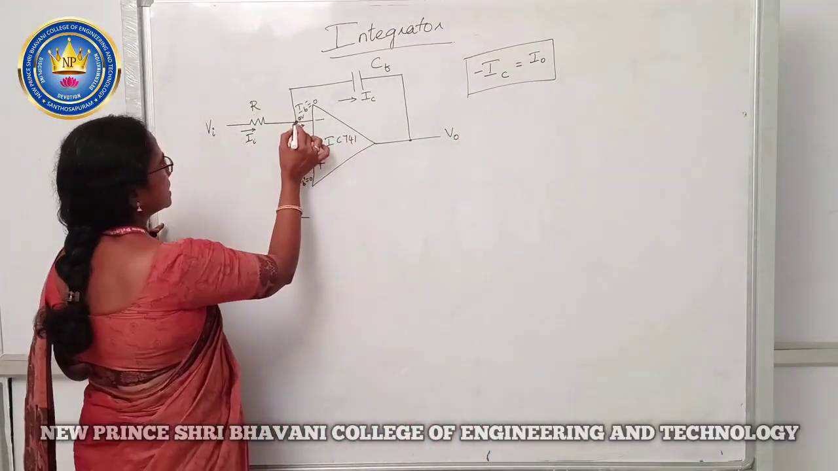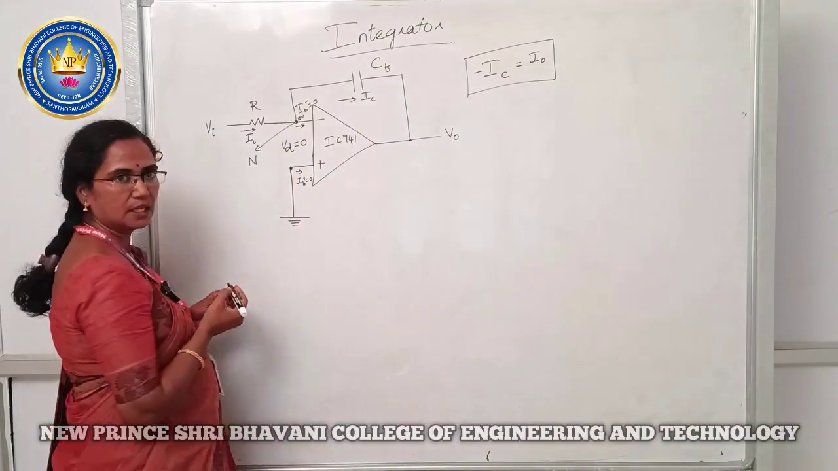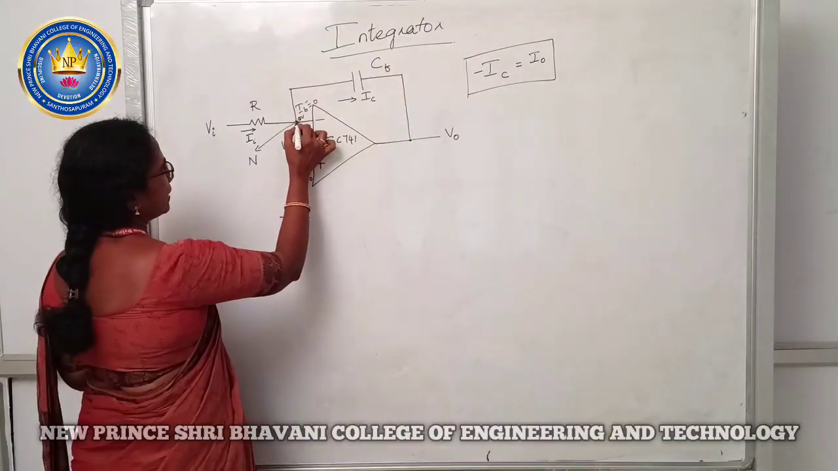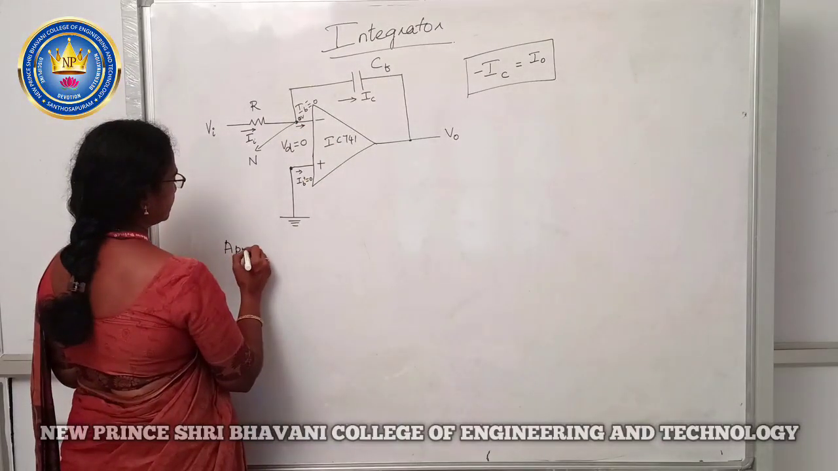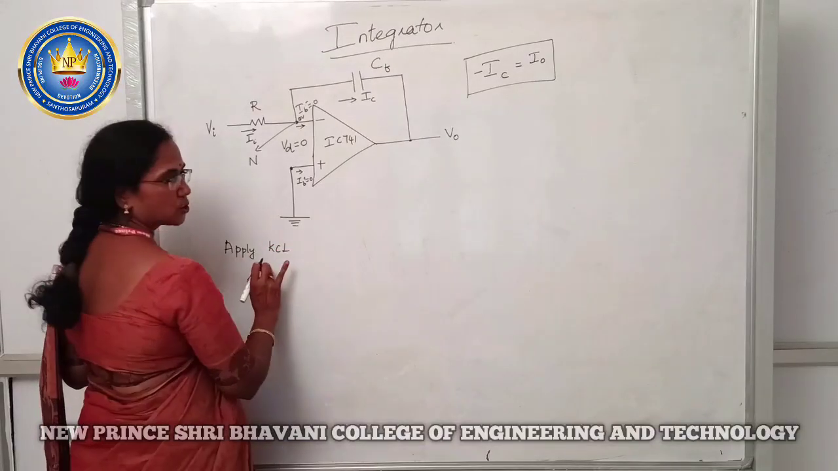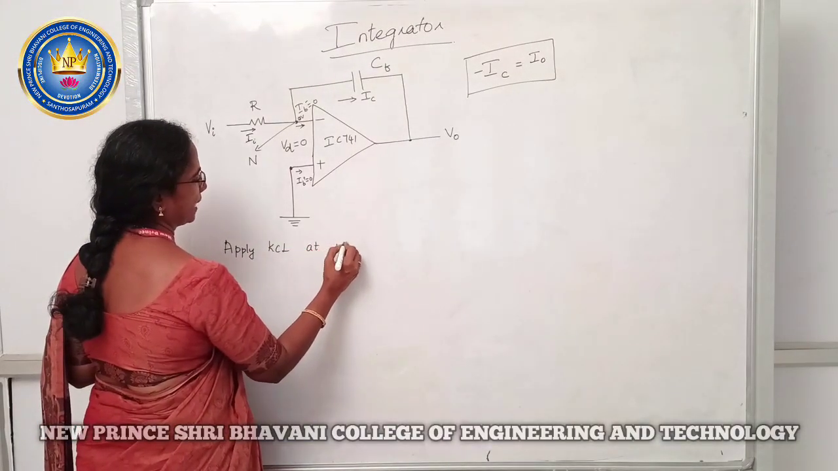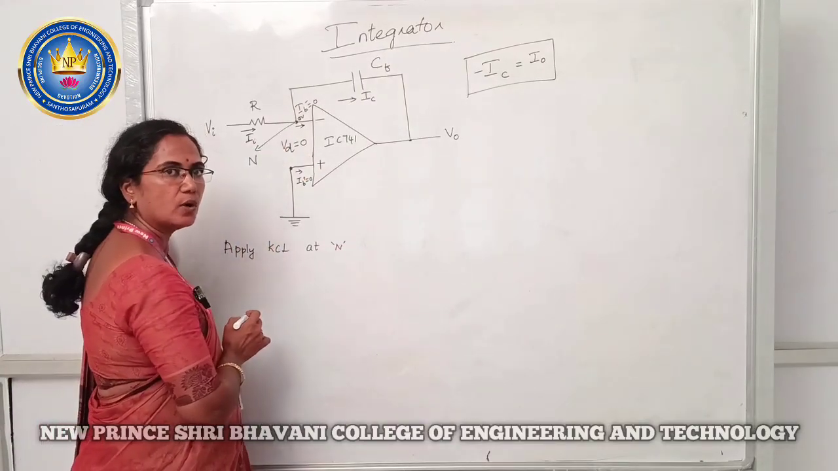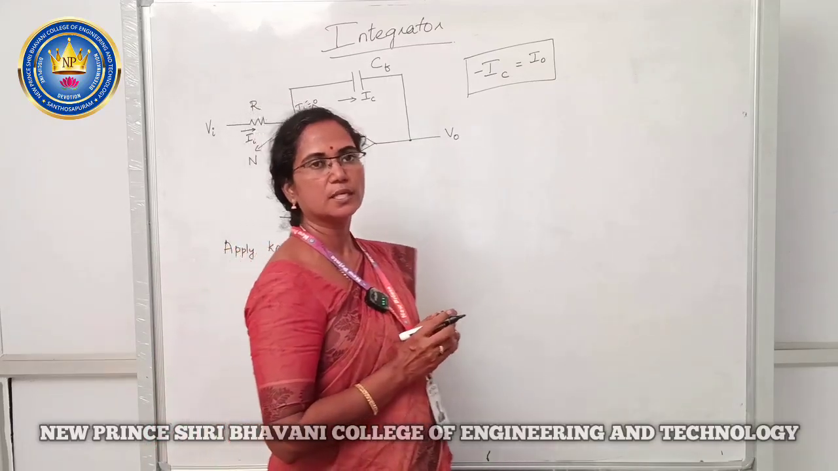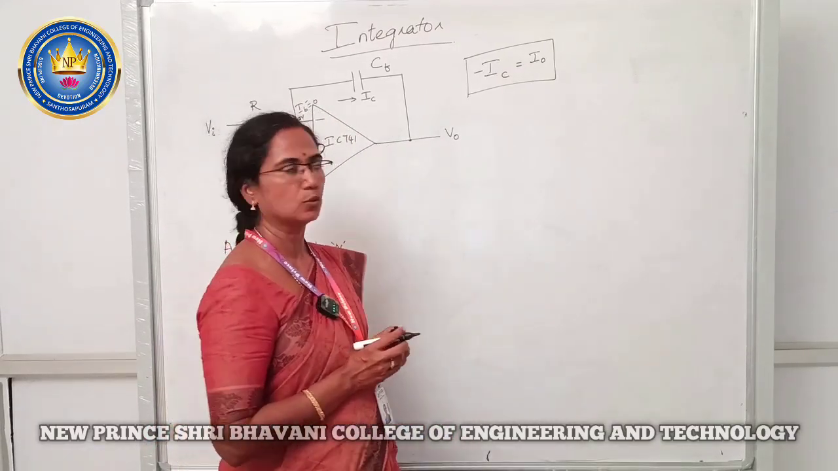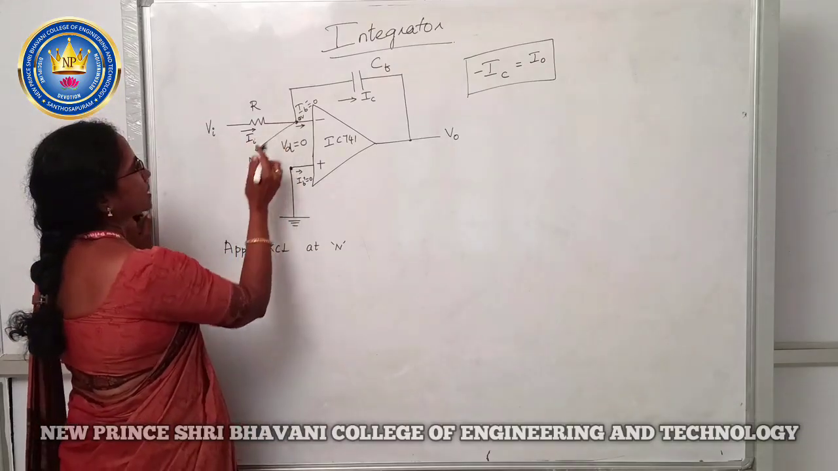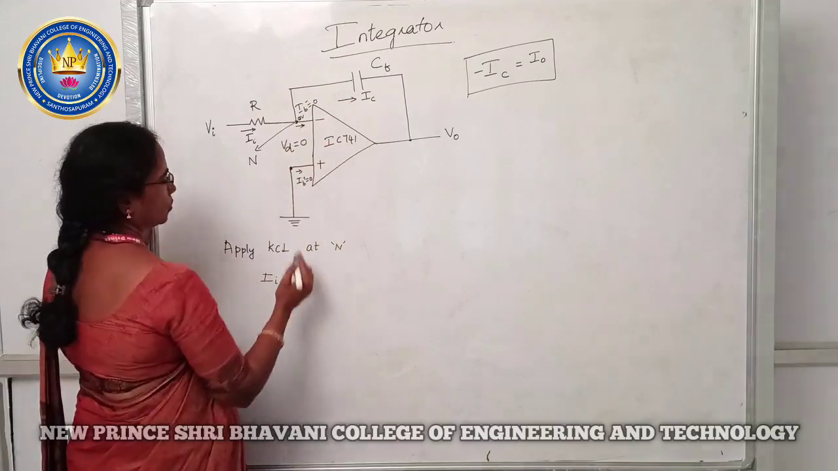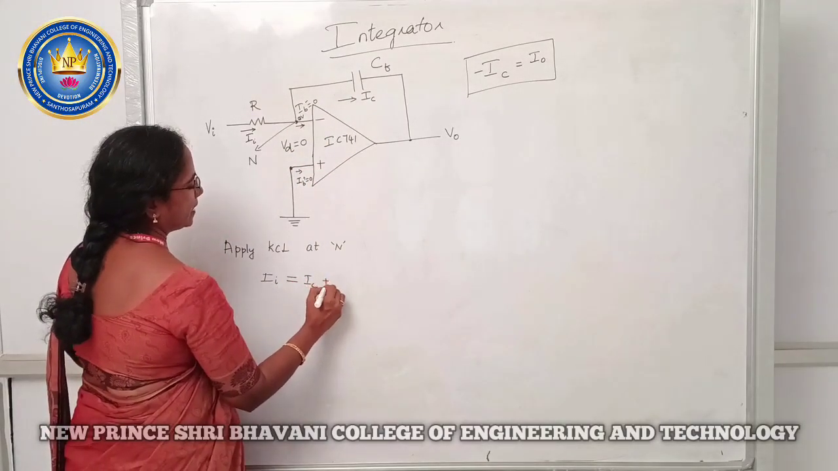Now, consider this node as N. To calculate the output voltage, we have to apply KCL at this node, Kirchhoff's current law at node N. Kirchhoff's current law states that the sum of the currents flowing towards the node is equal to the sum of the currents flowing away from the node. Here the current flowing towards the node is II and the current flowing away from the node is IC and